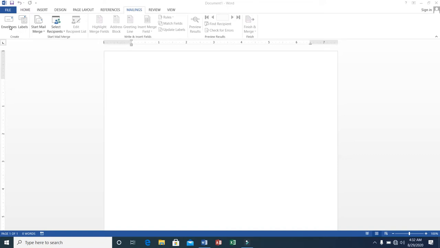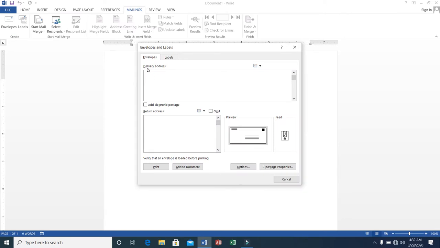You put something inside an envelope and mail it to someone else, right? So I click envelopes. This is the delivery address, where you want to send your mail. For example, delivery address is